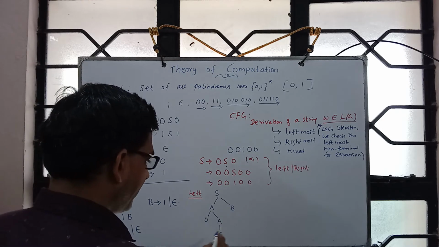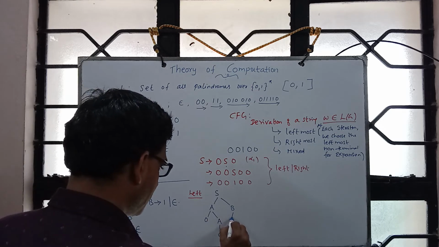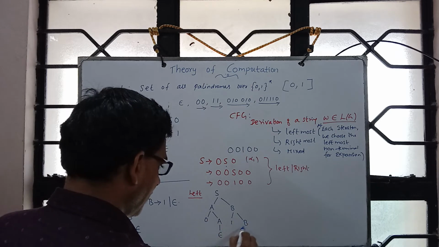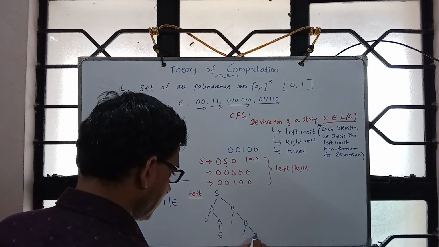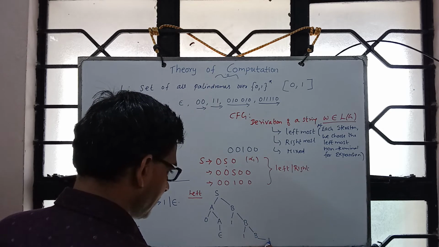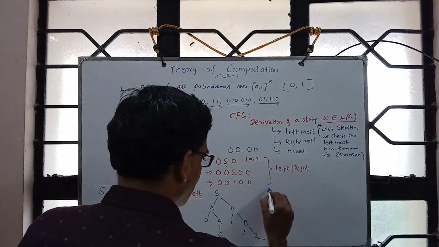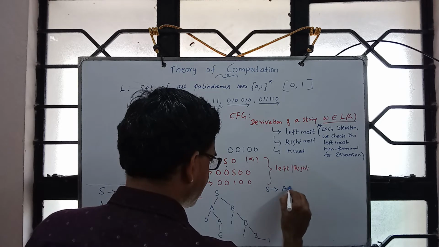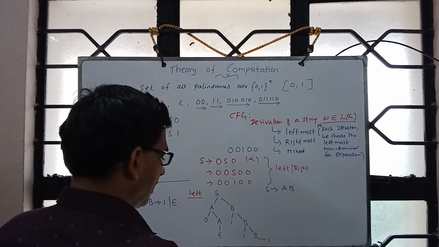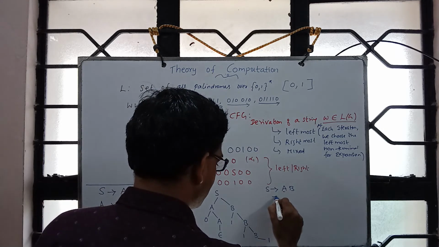Now next we go here and then choose this. For B, let me choose 1B, and in this our leftmost non-terminal, so let me choose this, and finally I replace this with this. Okay, now this is leftmost in the sense that S implies AB and the leftmost non-terminal is this, so we replace